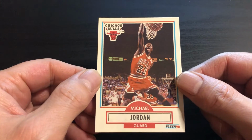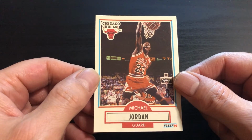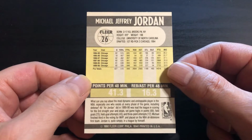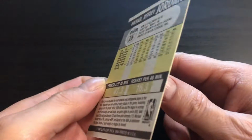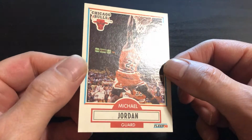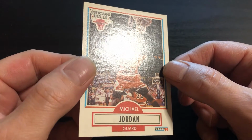And the first card I'm going to show you is one of the 10 cards that I contacted COMC about that I believe showed up in worse condition than I was expecting. And it is a 1990-91 Fleer Michael Jordan. And just on first glance, the card looks like it's in pretty good shape. But when you actually look at it,